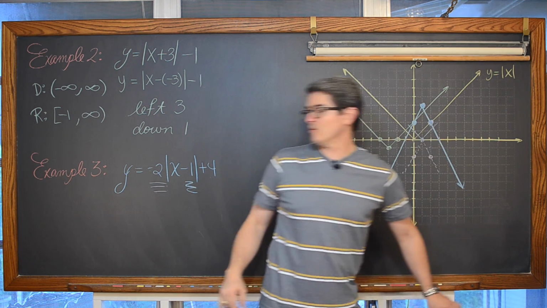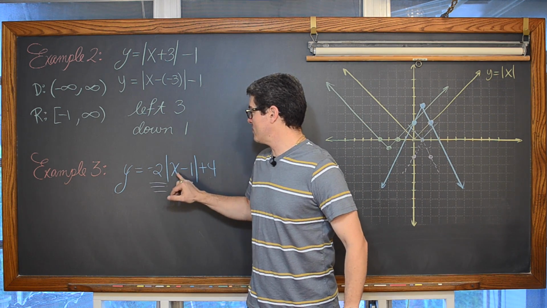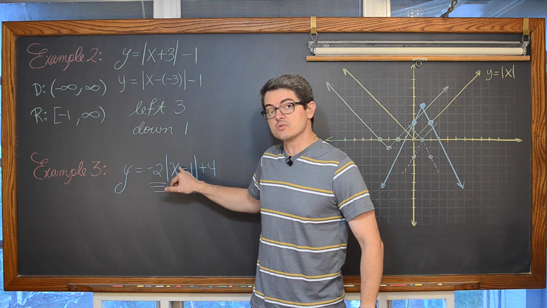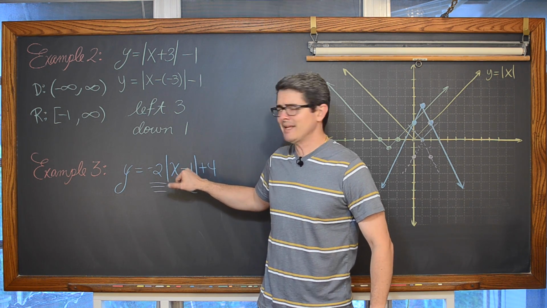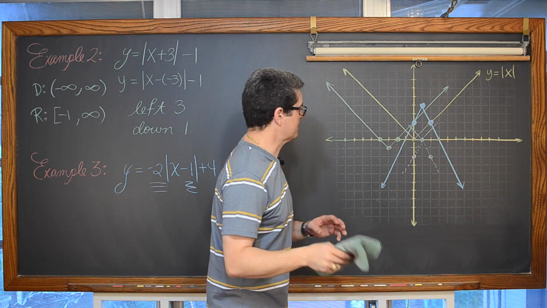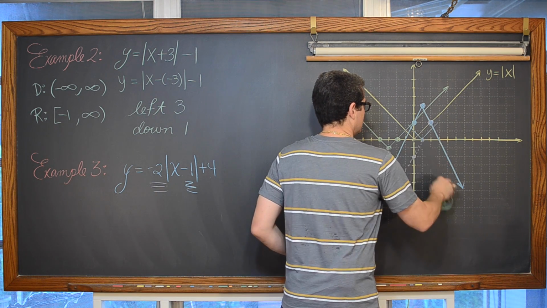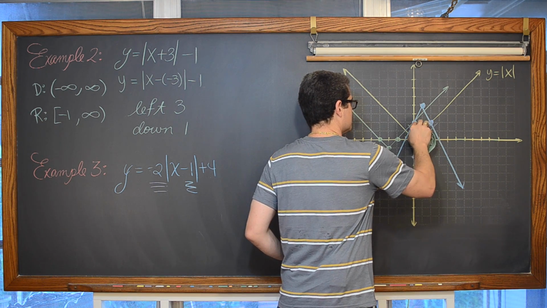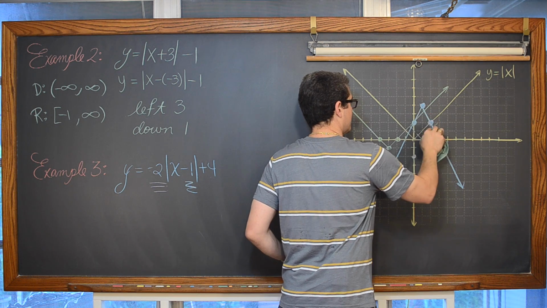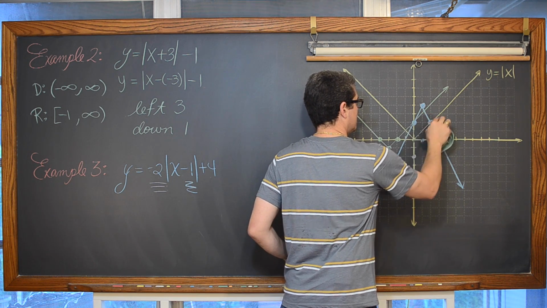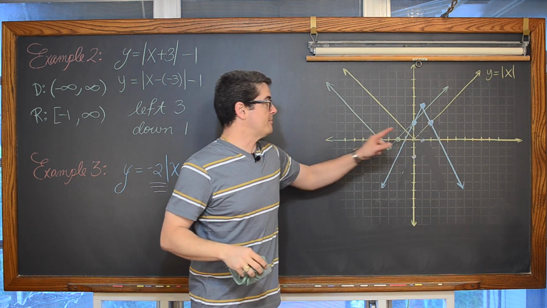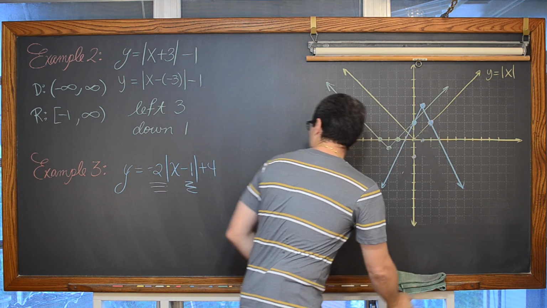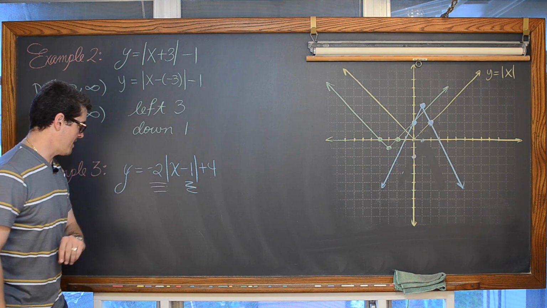And I keep saying linear because inside the absolute value function, this is just x to the first minus 1. There's no other variables going on, and the exponent is equal to 1. So it's a linear function inside the absolute value function. So let's clean this up just a little bit, and that's about as good as we're going to get it. That blue line is the sketch of this absolute value function.